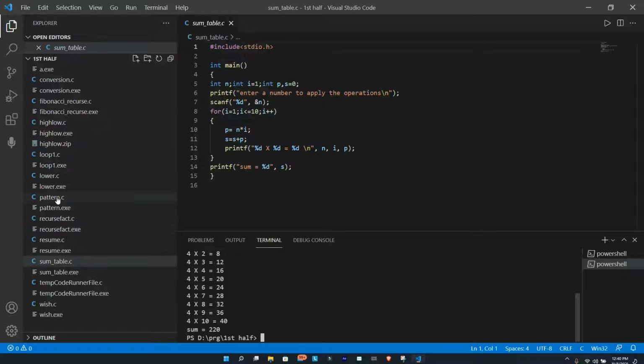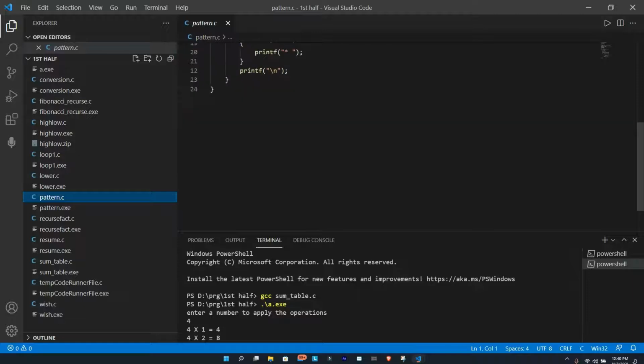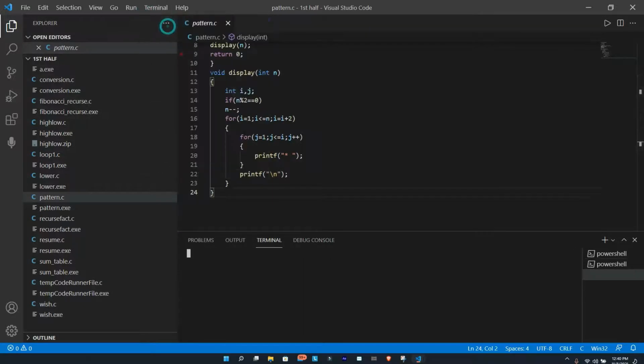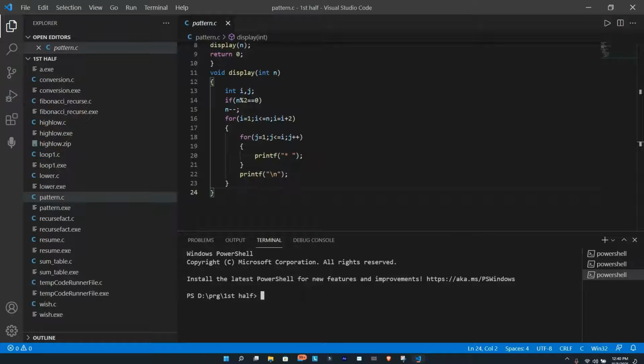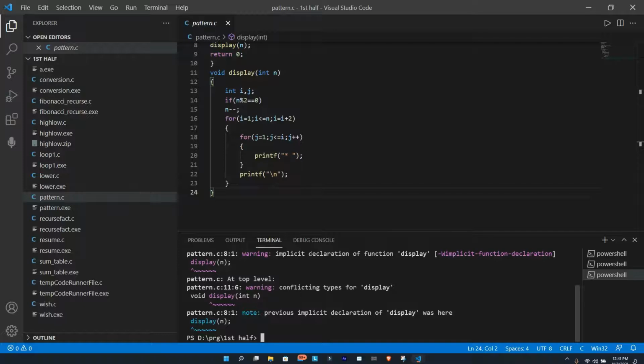I will show you one more program to just get these. So select the program you want to run, make sure its directory is right. So if you just open it through a folder, it's already correct, don't worry about that. Just go to terminal, new terminal, and then type GCC, then the name of the program pattern dot C. Make sure the name matches correctly, and it has got errors.